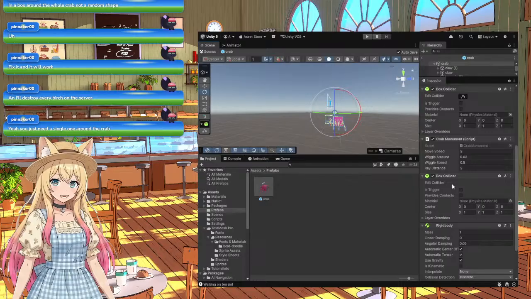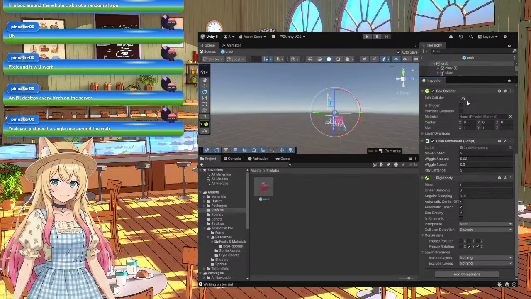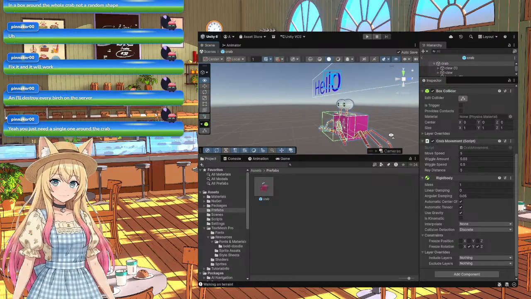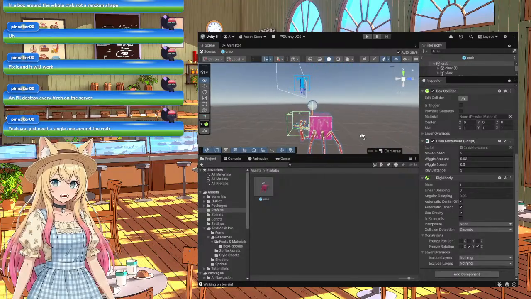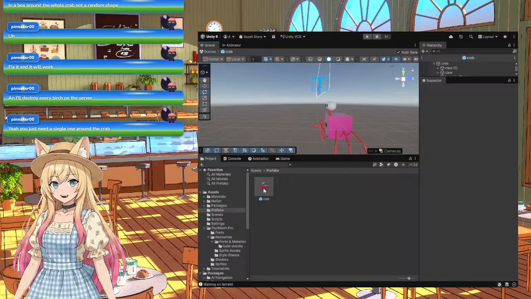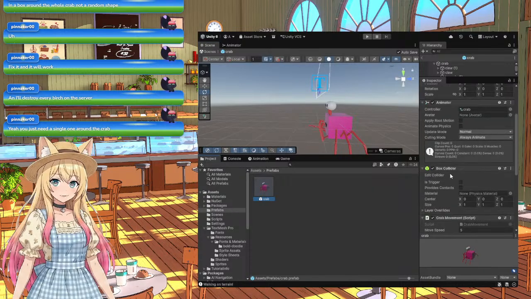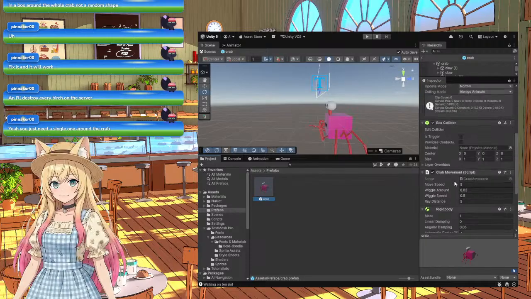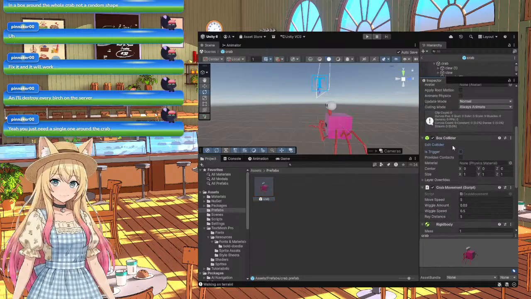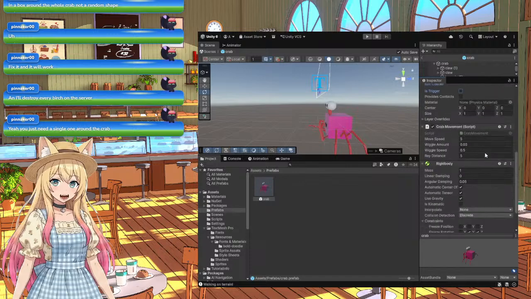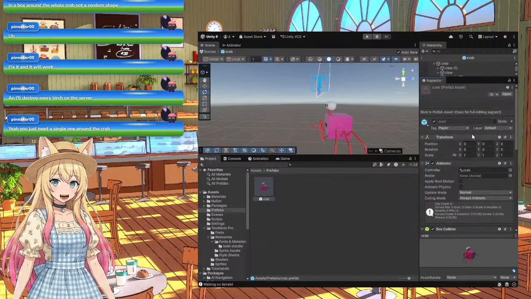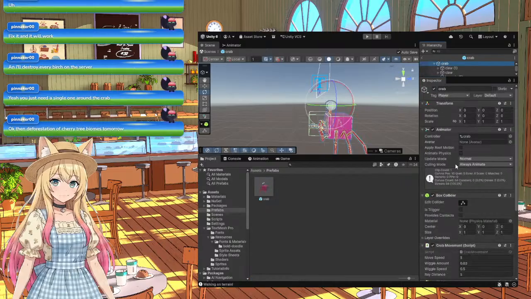Yeah, you just need a single one around the crab. Okay, I'll remove that one. Okay, look at this. What kind of crazy? What did I think? I think I thought that that would be the part touching the finish line. I think that was my geniusness. Come on, why is Edit Collider not letting me edit it now? What the heck? Oh,